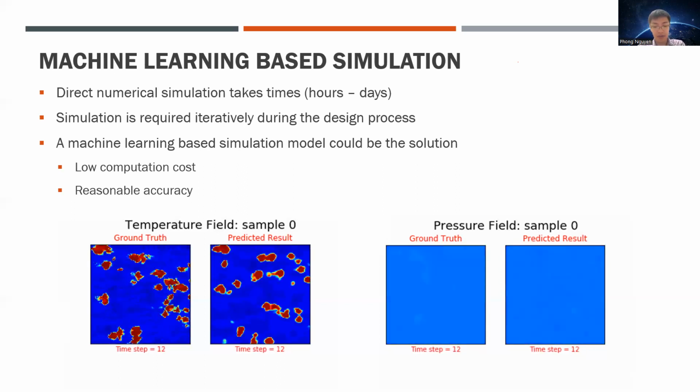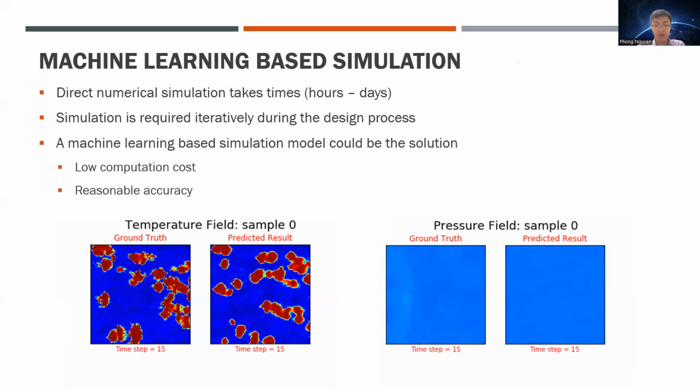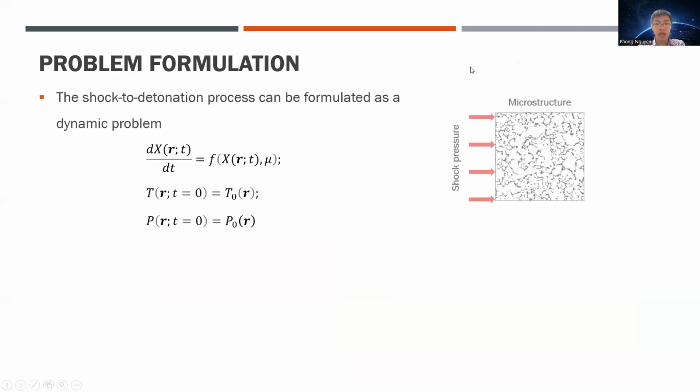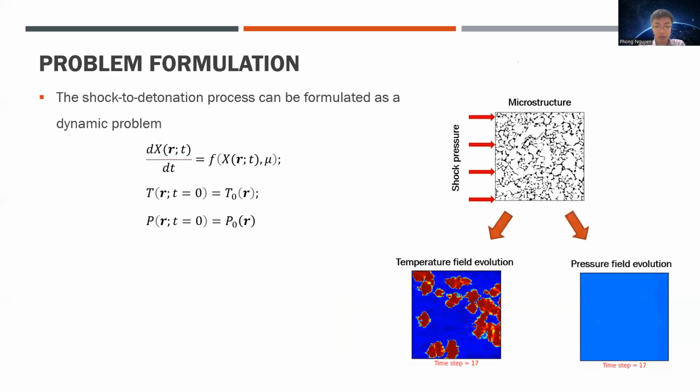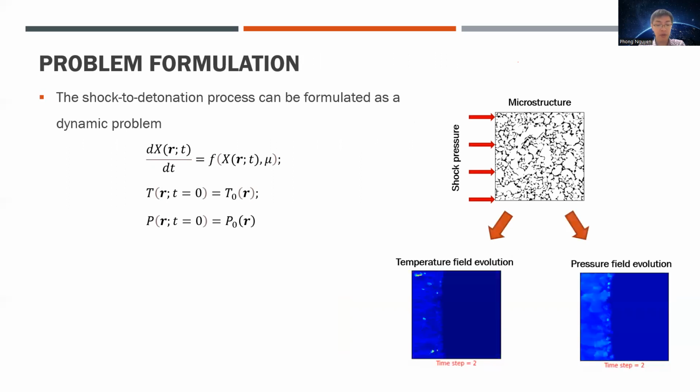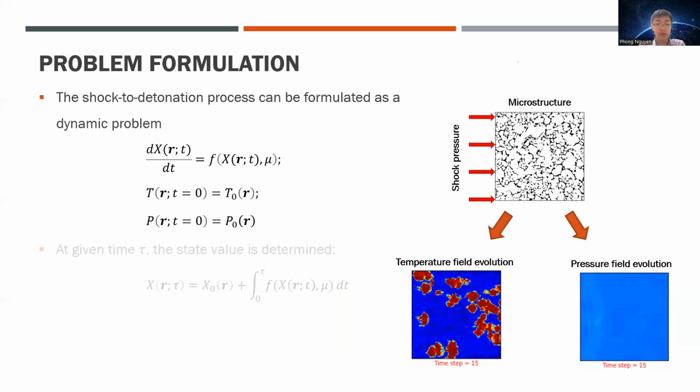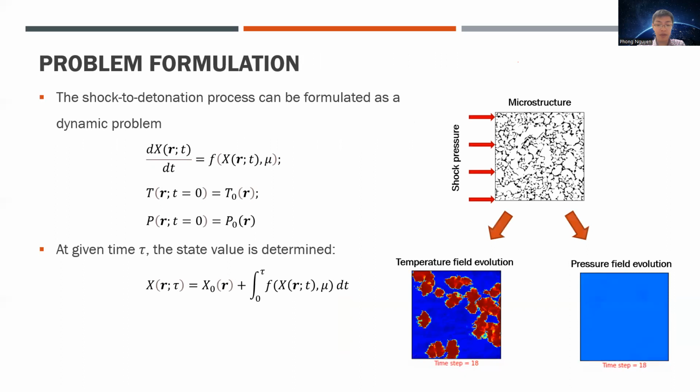The thermodynamics, the thermomechanics of energetic material, with shock applied, can be considered as a dynamical problem and can be formulated with the governing equation as shown here. We also have the initial condition. Here we care about the derivation of the temperature and pressure field within the microstructure during the shock application. So, in general, at a given time tau, the quantity of interest, in this case temperature and pressure, can be